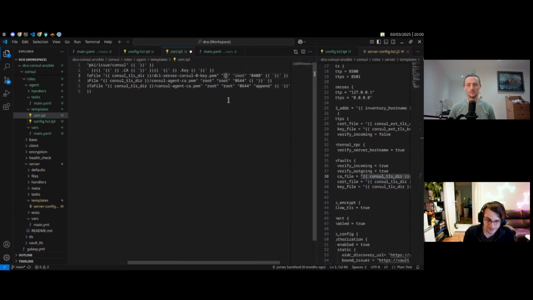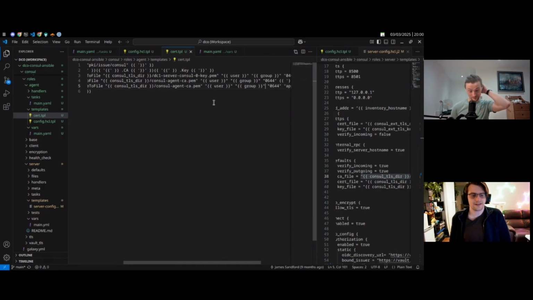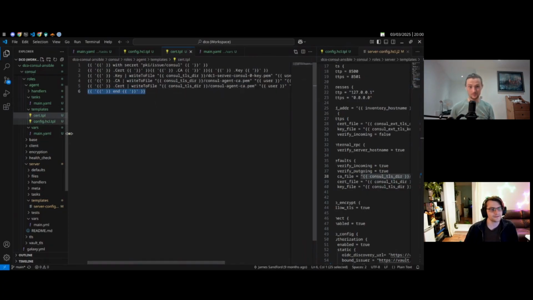Not that it really matters, but I reckon it would be user group. So that's the standard way. But who knows? Also, our user and group are the same, so it doesn't matter. But we may change it at some point. Yeah, something. Okay, this file is a mess, but